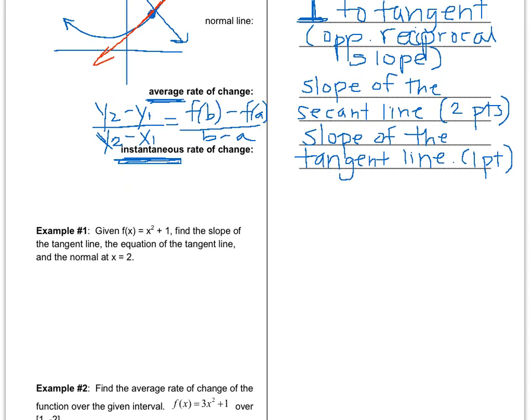The instantaneous rate of change is a little bit different. A limit is involved because what we're trying to do